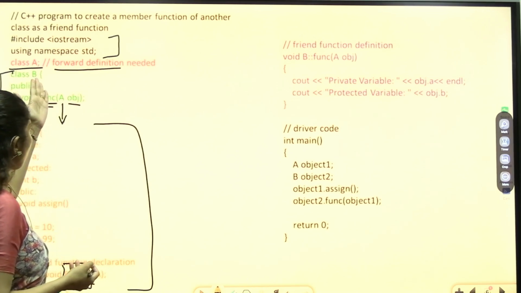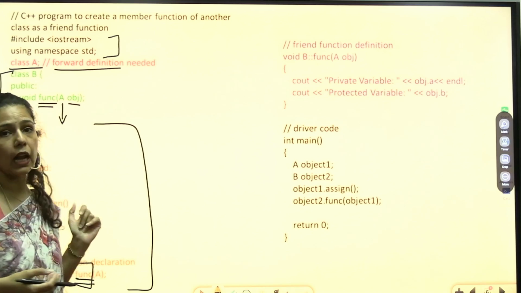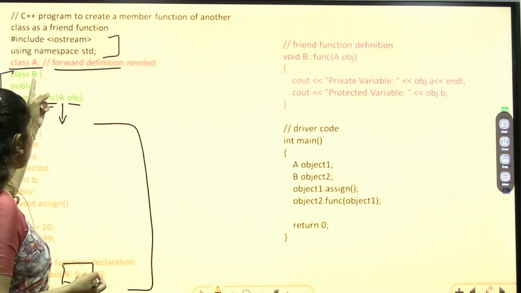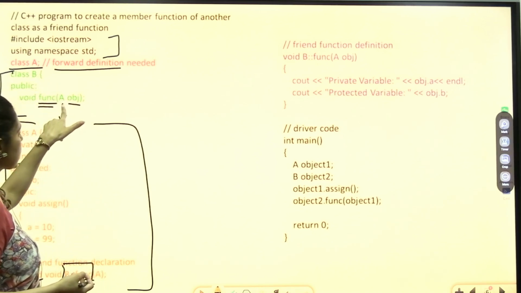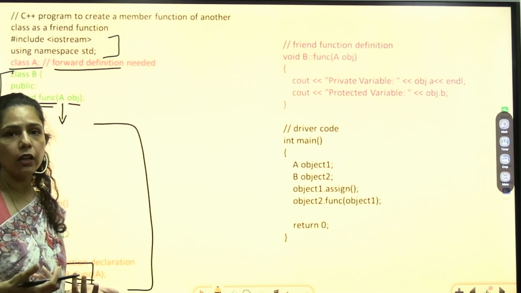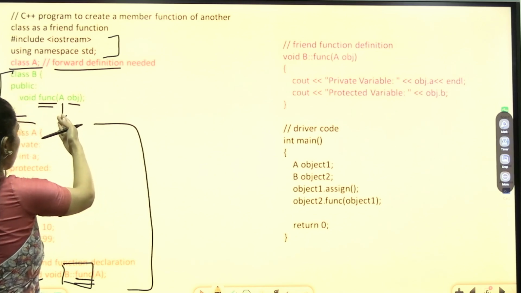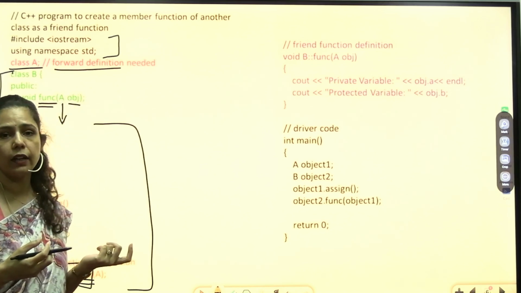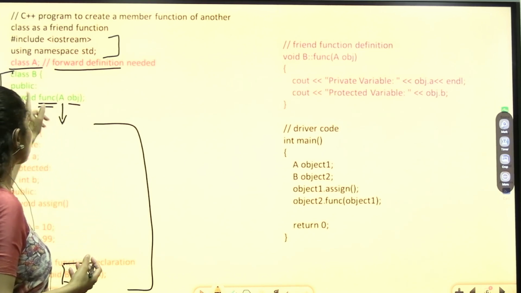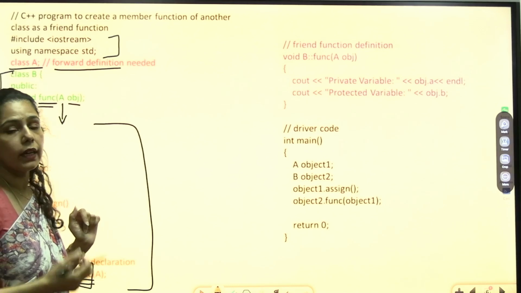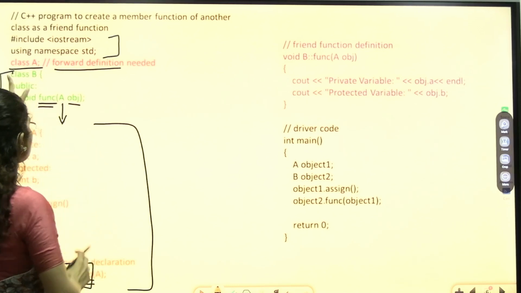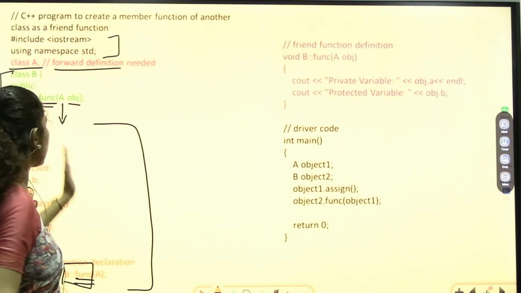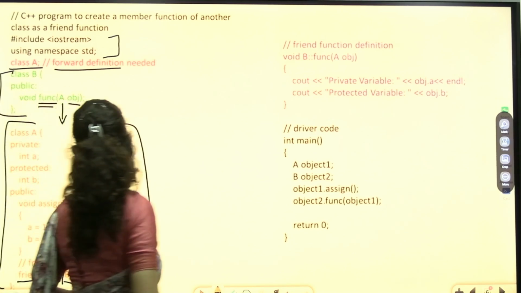Because if we don't use it and we directly make this class B, and our C++ compiler encounters this A here, our compiler will get confused about what this A is, because we have not told our compiler yet what this A is all about. So we have to let our compiler know that this particular A is actually a class name. That's why this forward definition is needed.